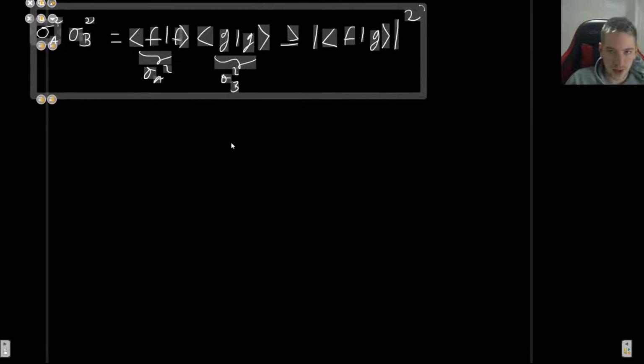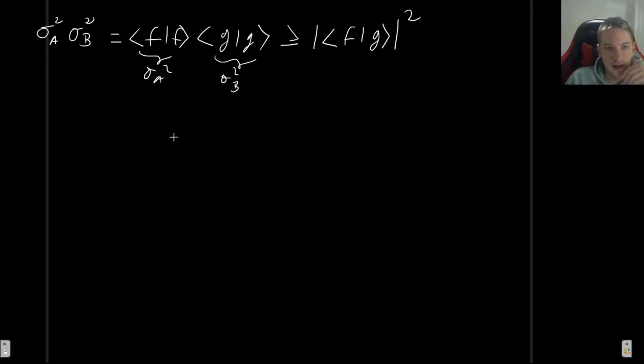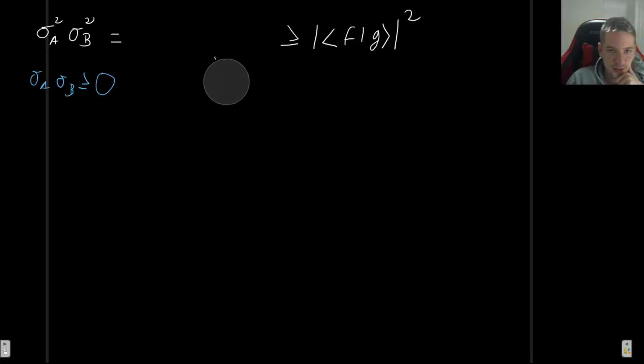And let's now work on it a little bit. So we now want to determine these quantities, and particularly what we are interested in, because what we want to get to is basically sigma A, sigma B is going to be greater or equal than something, right? That's the point of the Schwartz inequality, because if we just get rid of this part right here,